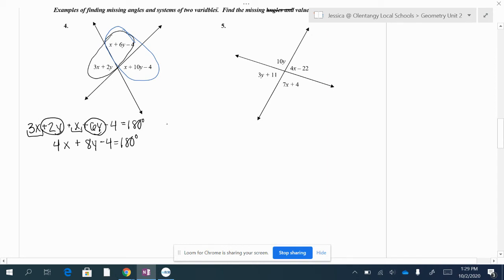So I can go ahead and say that x plus 6y minus 4 plus x plus 10y minus 4 is equal to 180 degrees. Again, combine like terms, I get 2x plus 16y minus 8 is equal to 180 degrees. Now, again, this is a system of equations, so you can use your methods of elimination, you can use your methods of substitution,